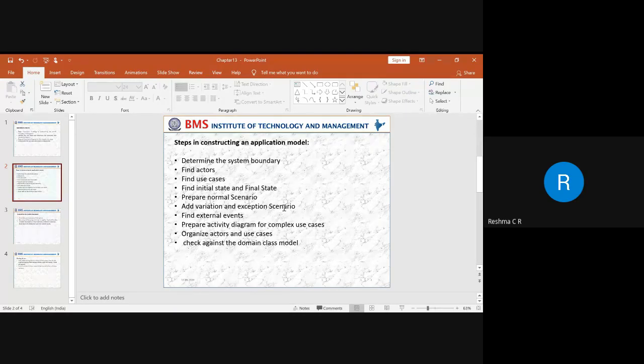First we need to identify who the actors are. The next thing is we need to identify the functionalities. What are the functionalities of that particular application? Once the functionalities have been identified, how the behavior is going to change with respect to that particular use case has to be determined. Then we need to create a relationship between the actors and the use cases. That is how we determine the use cases of a particular application.